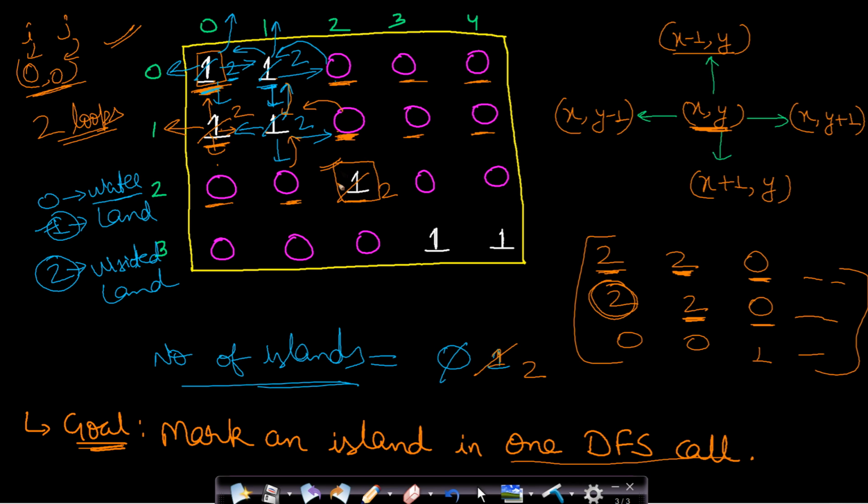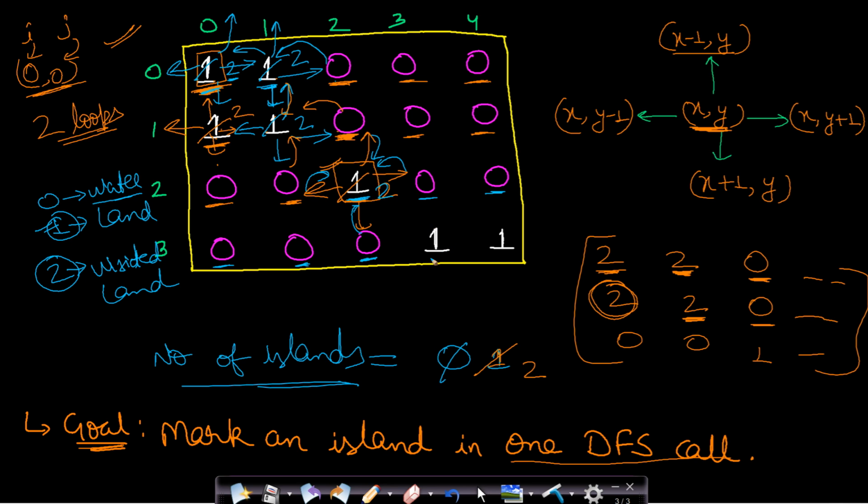So we don't know what is the size of this island. So we will make calls in all the 4 directions: top, down and left, right. So the top is 0, right, left, down, all are zeros. So all will get returned and no cells will be processed further. So now we have processed this cell. This is now 2. We move on to the next cell. This is 0. We will not process it since they are water bodies.